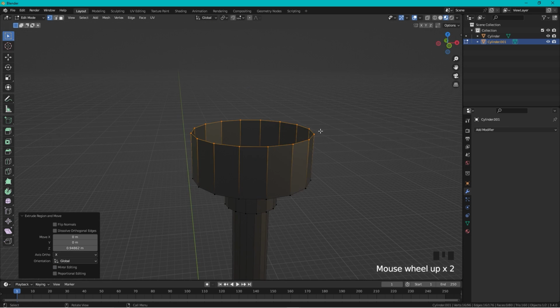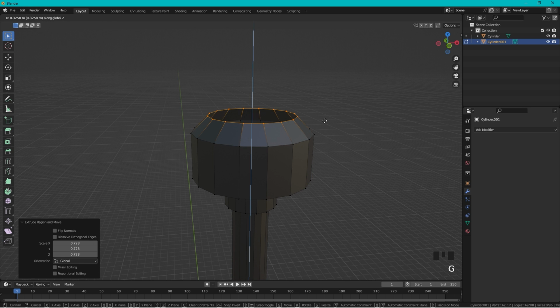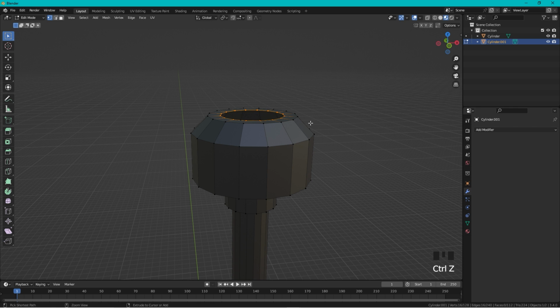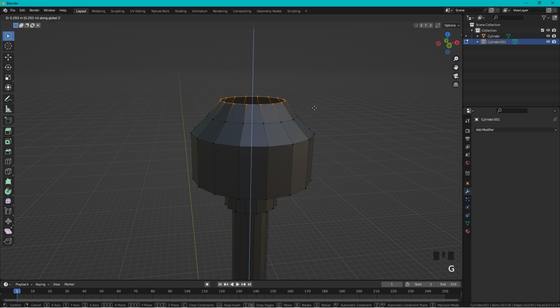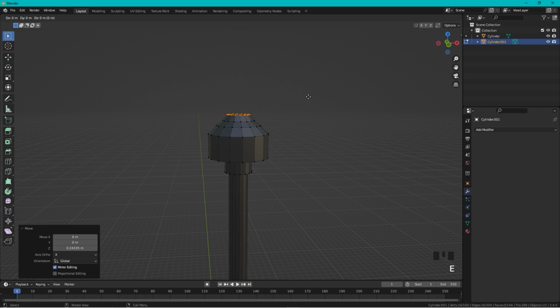And then we can try to shape it off. E, S, G, Z, E, S, oops, G, Z, E, S, and then just drag it off, and E, Z,